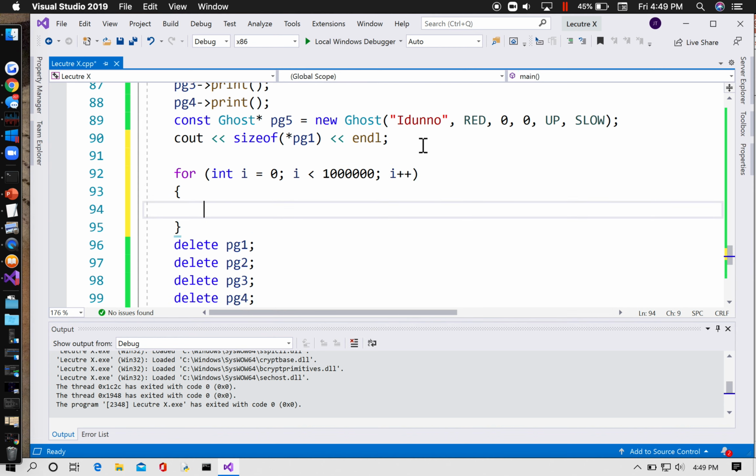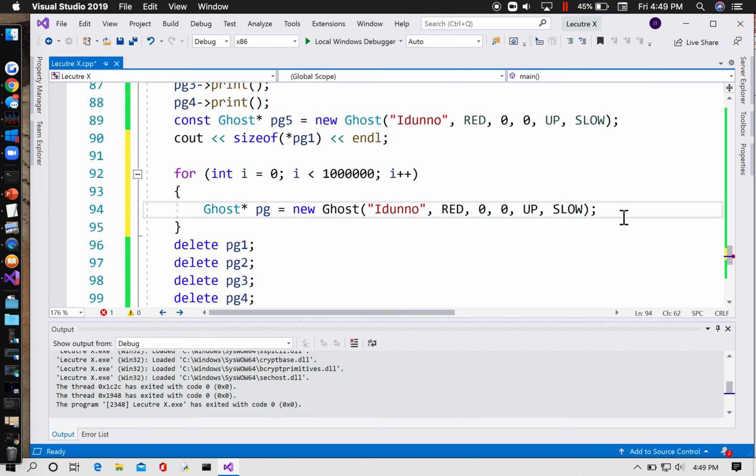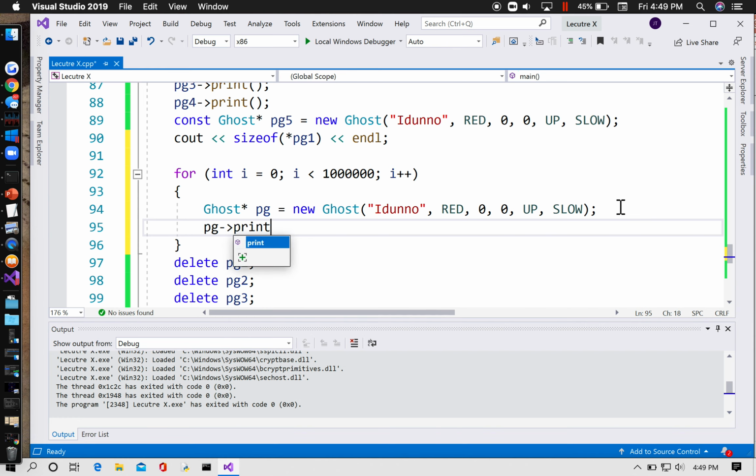And I'm going to create a new ghost, right? Ghost star pg equals new ghost, and I'm just going to grab one of these for sample information. There we go. And then I do something with it, whatever is important that I needed to do with that. Right? This is going to create a million different ghosts and never release them. So we're going to have used up